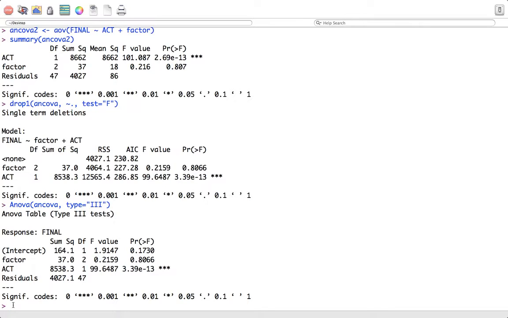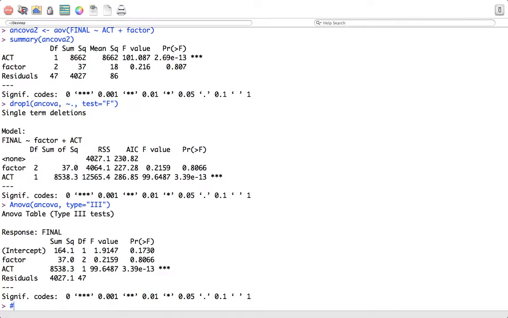All right, so let's talk about what we got going on here. Let's look at the results. Again, regardless which way we ran it, we see that we get the same p-values for the factor. So what I've highlighted right here is examining the difference in final exam score across teaching method when the variability is adjusted by including ACT as a covariate. So that right there tells me that, now